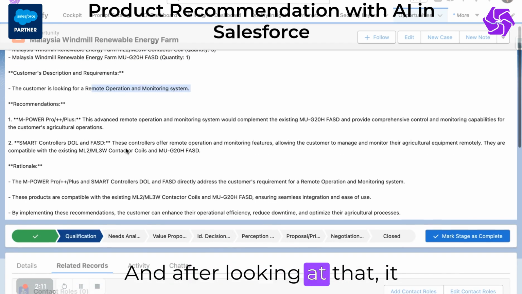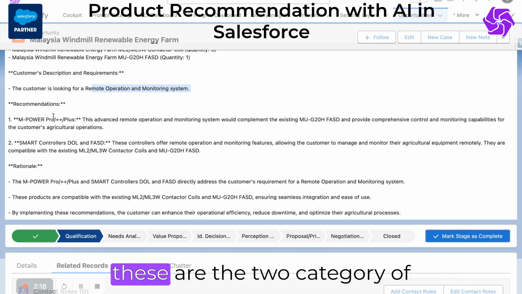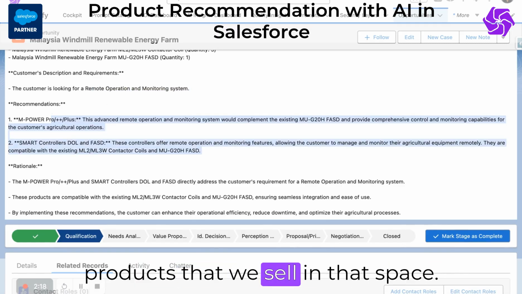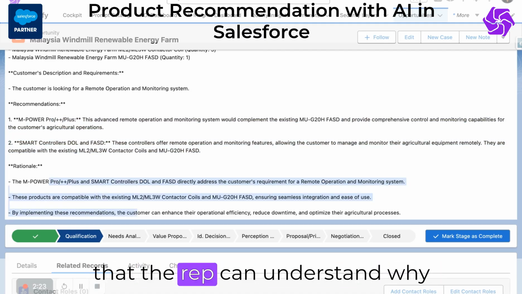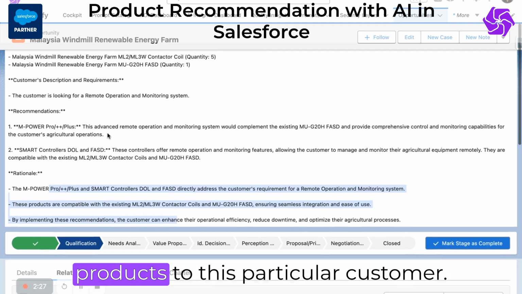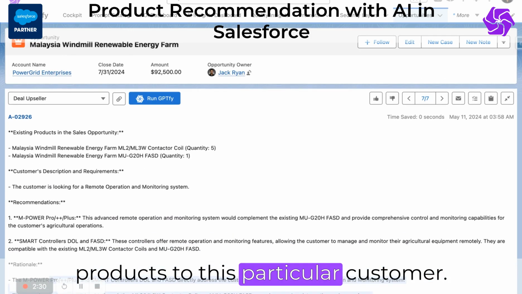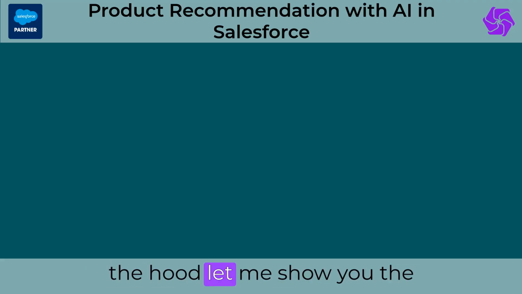And after looking at that, it knows that if you are looking at remote operation and monitoring, these are the two categories of products that we sell in that space. And it's giving you the logic so that the rep can understand why it makes sense to position these products to this particular customer. So if I go into what happened under the hood, let me show you the prompt